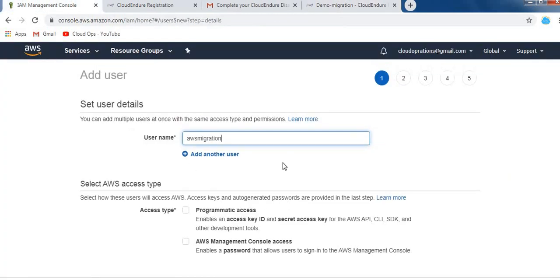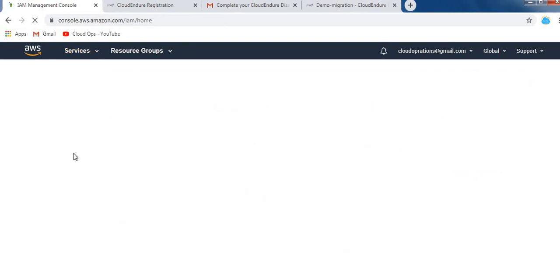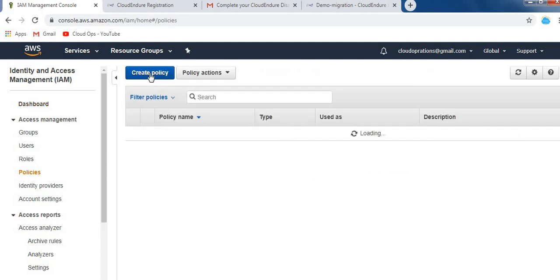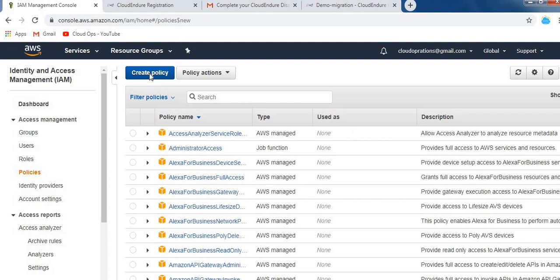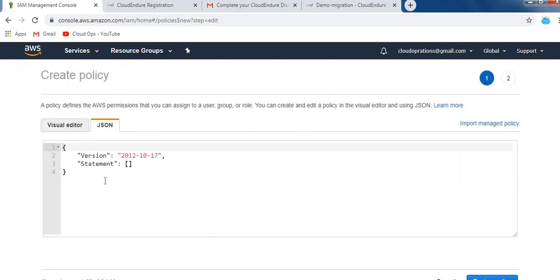Okay, so let's go back and first create the policy and then add the user to the policy. Go to Policies, then go to JSON.